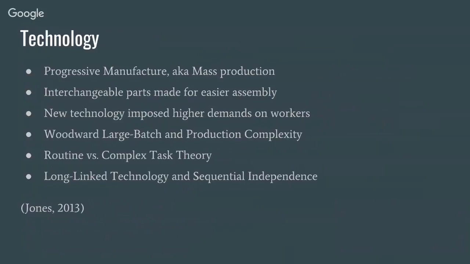Ford also follows the task interdependence method of being long-linked. Most mass production is based on this method and basically says that the actions of one worker or department will directly affect the actions of the one following them. If any mistake is made at the beginning of the process, then it will end up being a much bigger problem later on if it is not managed properly.